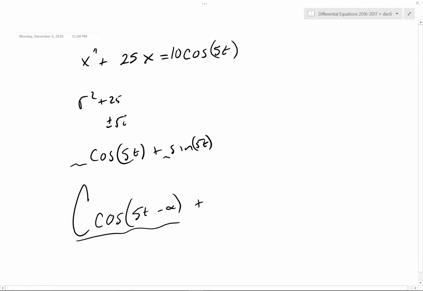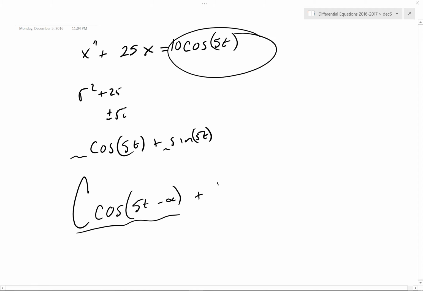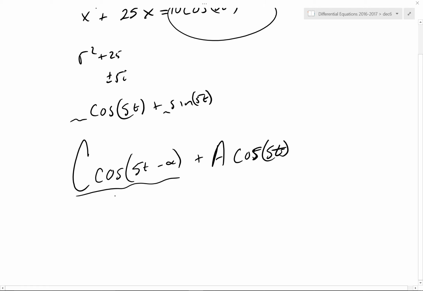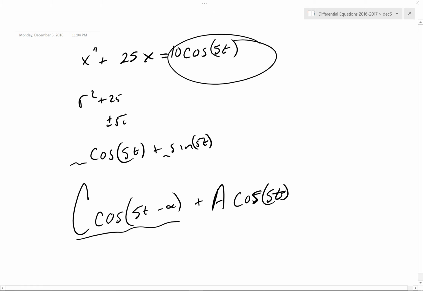Plus, you're going to get some, let's say, a cosine of 5t on this side as well for the particular solution. The idea being, when you add these guys, they have the same, so we call this the natural frequency. This 5t, this omega naught, we call it. We talk about that's its angular frequency. And this is 5 here, that's the driven frequency, the book will call it. When they are equal to one another,